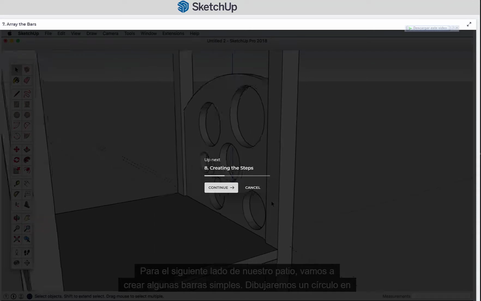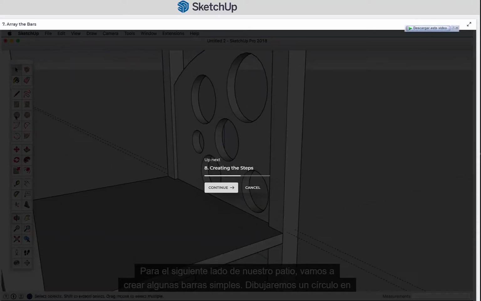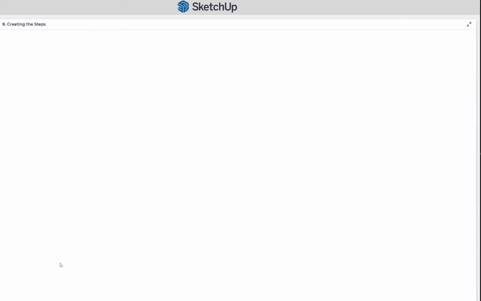For the noun, let's create some simple bars. We'll draw a circle on the inside of this pillar, but before starting the circle,